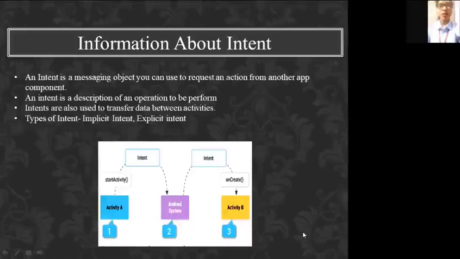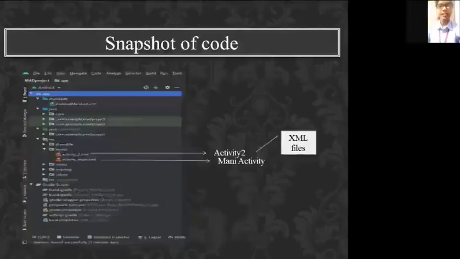This is the figure of how an implicit intent is delivered through the system to start another activity. Firstly, activity 1 creates an intent with an action description and passes it to startActivity. Then the Android system searches all apps for an intent filter that matches the intent. When a match is found, the system starts the matching activity, that is activity B, by invoking its onCreate method and passing it the intent. Now the next slide is continued by Omkar Dhekale.